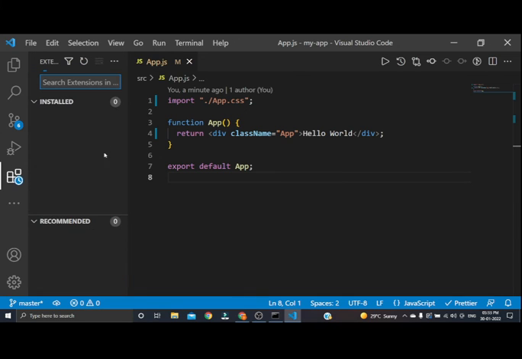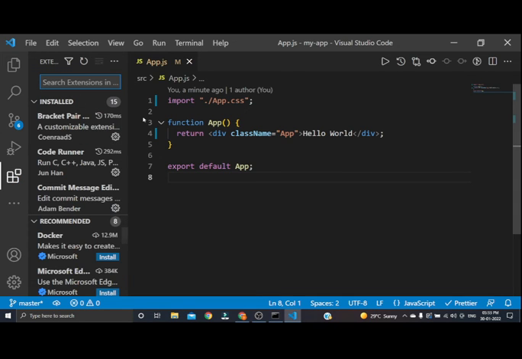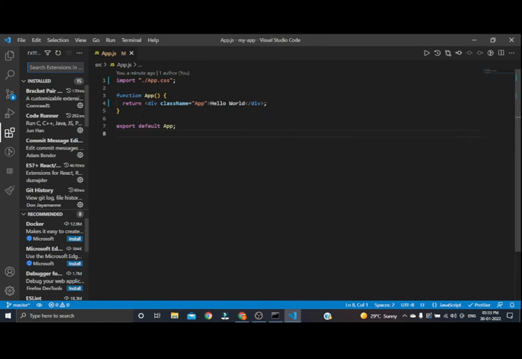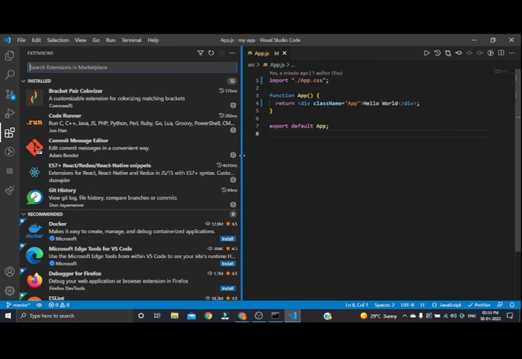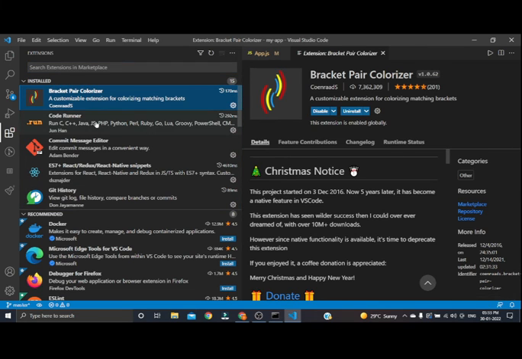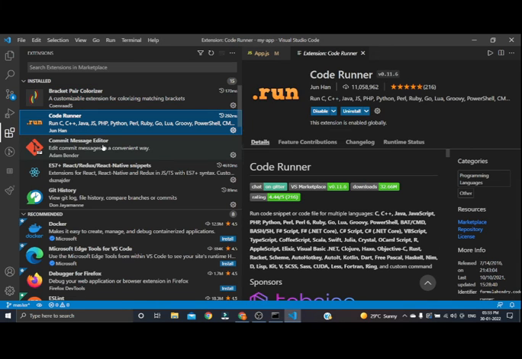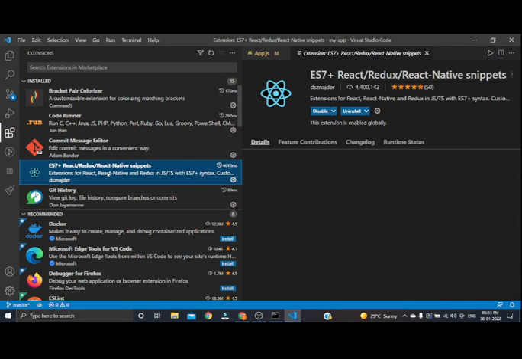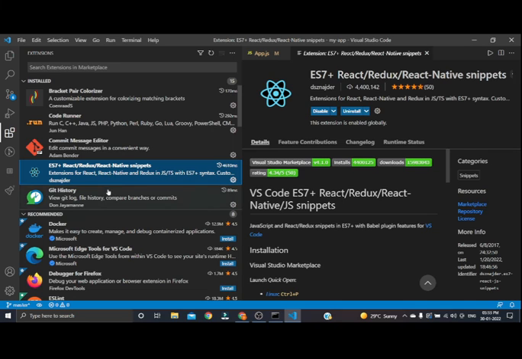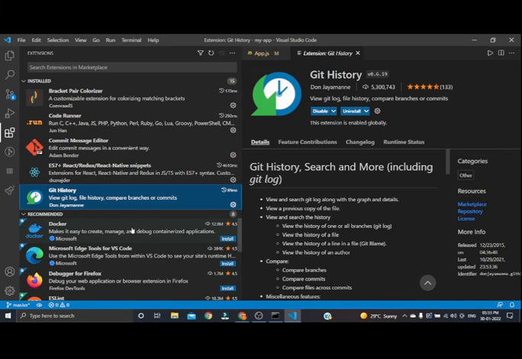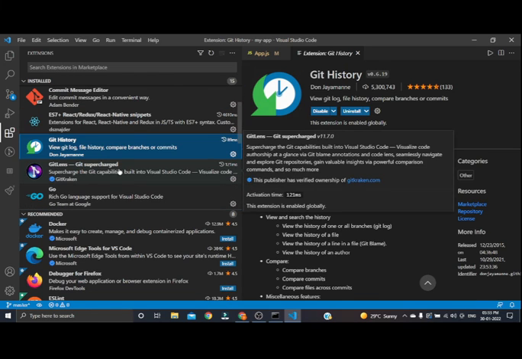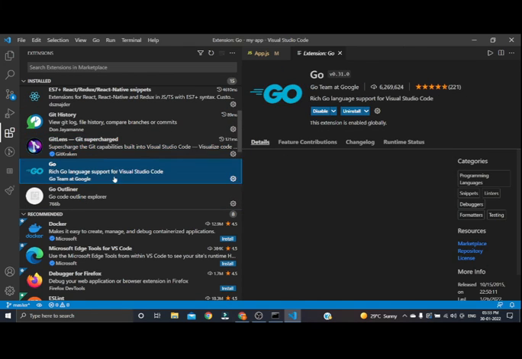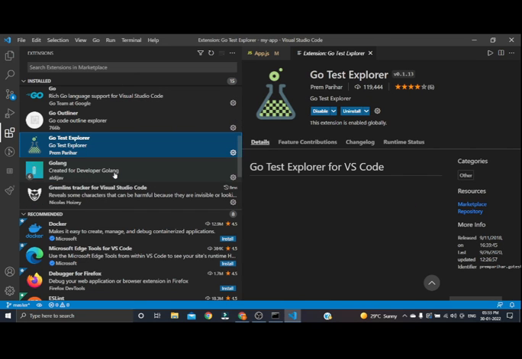So let's check out the extensions that are installed in my machine. These are the ones I'm using. Bracket Pair Colorizer, Code Runner, Commit Message Editor, ES7 React Redux, Git History, GitLens, and so many more.